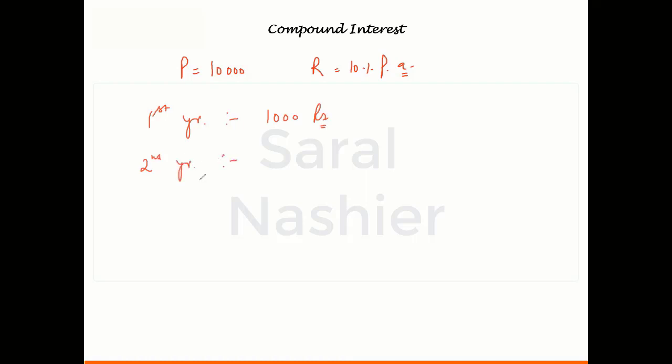Now here comes the change of compound interest with respect to simple interest. In simple interest, we used to say that you always get interest on this 10,000 and 10% of 10,000 was always 1,000. But in compound interest, we say that 10% of this 10,000, which is equal to 1,000 rupees, is the interest. Plus, you will also get interest on last year's interest. That means you will get 10% of this 1,000 as well. So 100 rupees is an extra interest that you will get in case of compound interest for the second year.